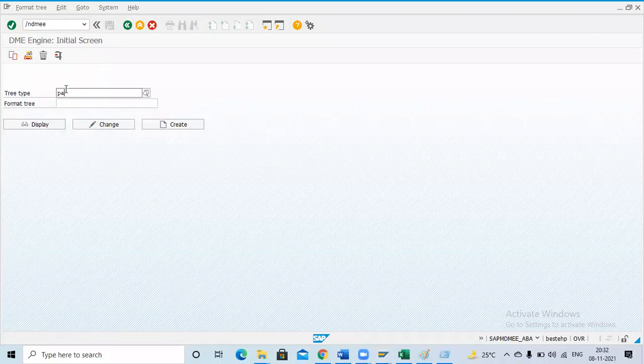Here PAYH is a standard, so in the PAYH tree type only we are going to create the trees. Here you have to remember two things: you can create your own DME tree, or else you can copy the DME tree.